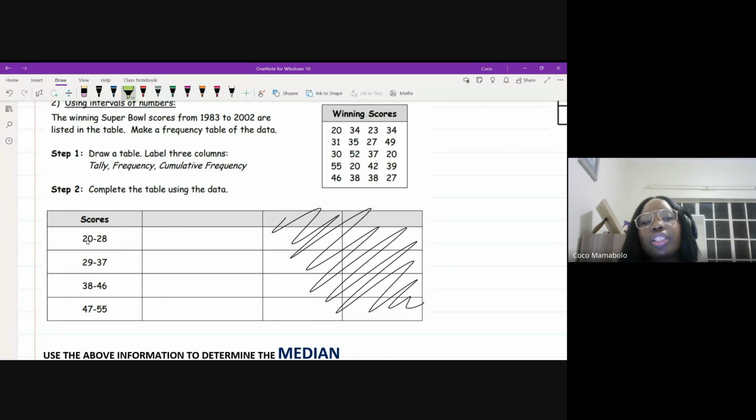So if they got a score of 20 to 28, we're going to add that here so we can count those up. So I've got 1, 2, 3, 4, 5, and 6. So for the scores between 20 and 28, I've got 6. Then we can look at the scores between 29 and 37. So I've got 1, 2, 3, 4, 5, 6. That's it, hey? 6. All right, 6. And then we want to find